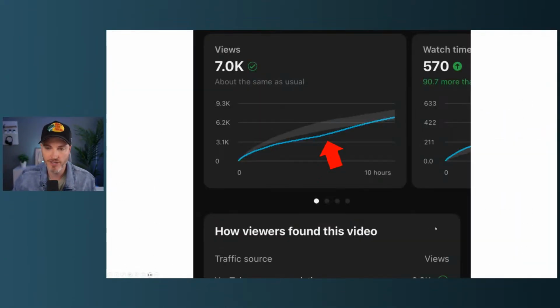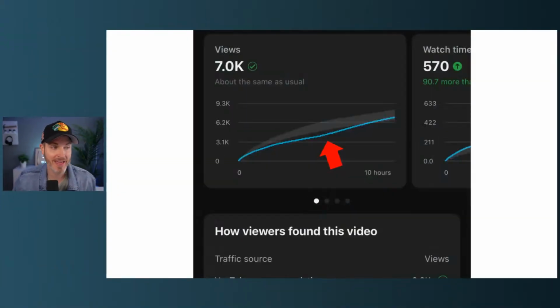Just another screen to look at is the YouTube Studio app. If you haven't downloaded on your phone the YouTube Studio app, it's different than the main YouTube app. So you consume and watch YouTube on your phone with the YouTube app. Make sure you get that update. Always update your app, but also get the Studio app, and that continues to improve.